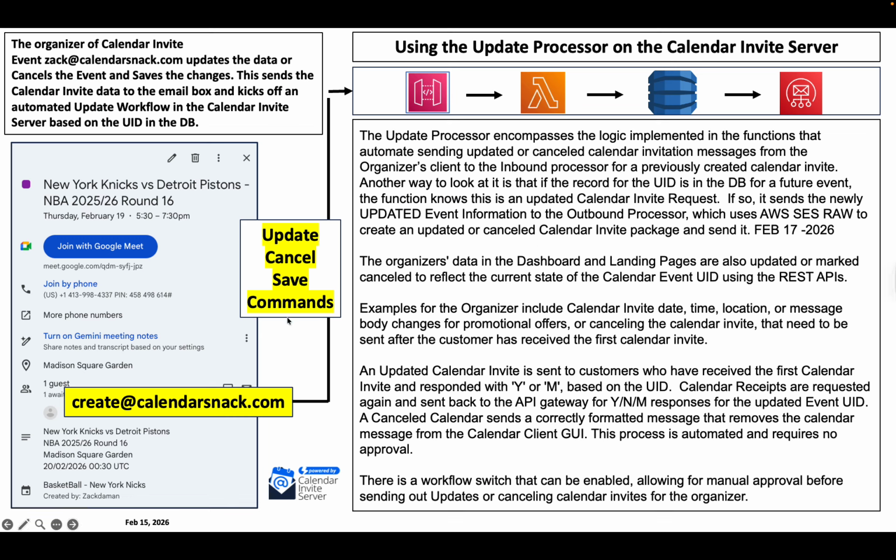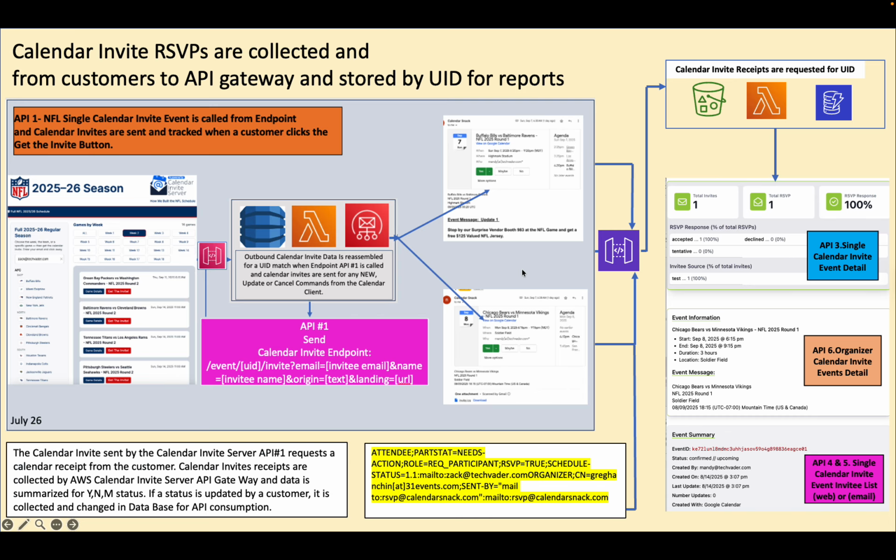And using the update processor engine, anybody that would go in and edit, as I showed you in the previous slides, anybody that updates this content off their calendars is automatically piped to the update processor, and then we reimagine this workflow for the calendar invites to run the update engine to the landing pages, and anybody else who has gotten a calendar invite downstream. Part of our secret sauce and magic is the intellectual property behind each individual calendar invite that is sent out.